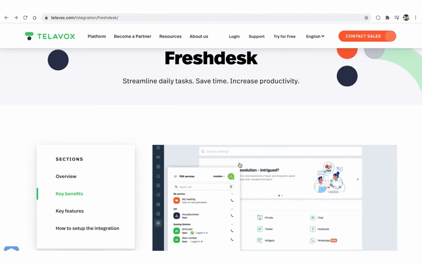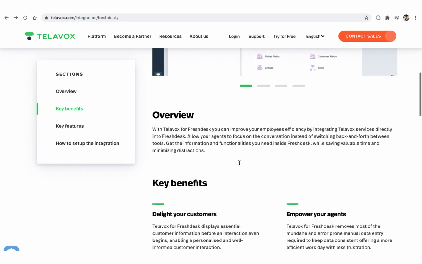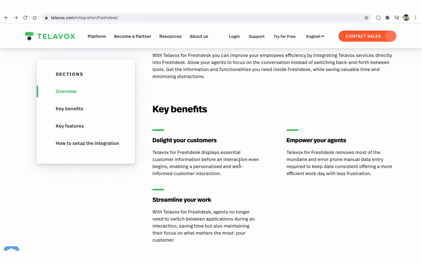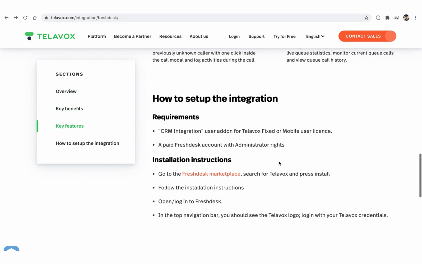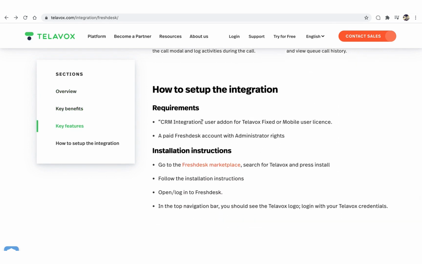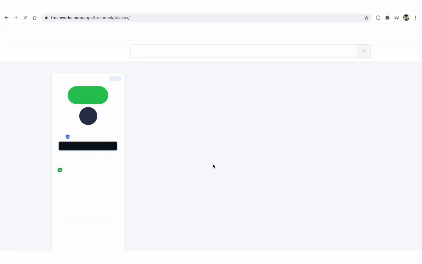We also have additional information on the webpage telavox.com/integration/Freshdesk, and from there you can also read about the integration, and also we have some information about the requirements. The add-on, like I just told you, you need a paid Freshdesk account with administrator rights to download the application, and we also have links to